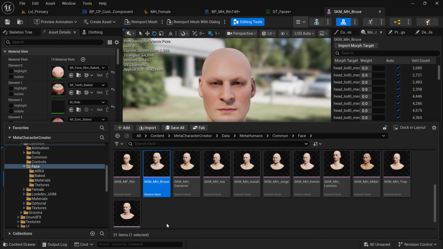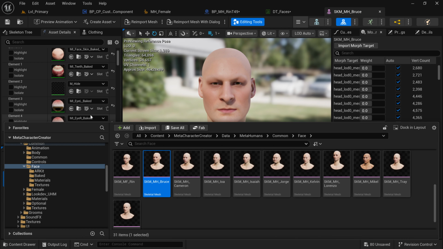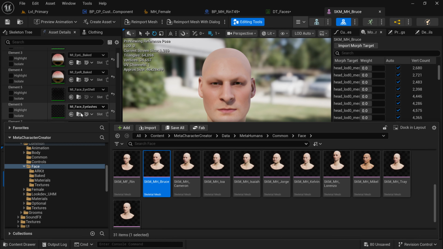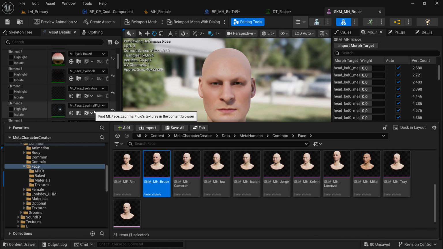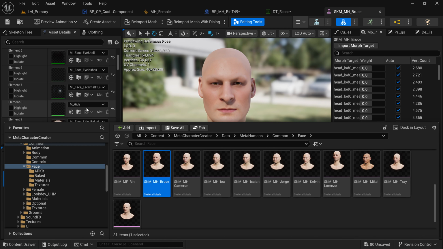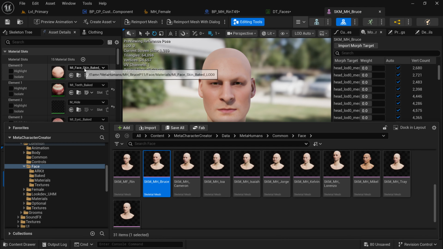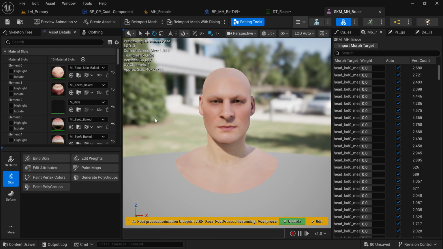When I delete all the excess files, I don't have a whole bunch of different face textures that I don't actually need, because all my eyes will always be the same type of eyes. All my teeth will always be the same. All my eyelashes will always be the same. My luminarcum film will always be the same. The only thing that ever changes is the MI face skin baked test, and that's what we're going to do